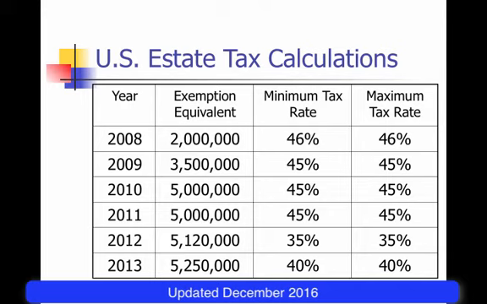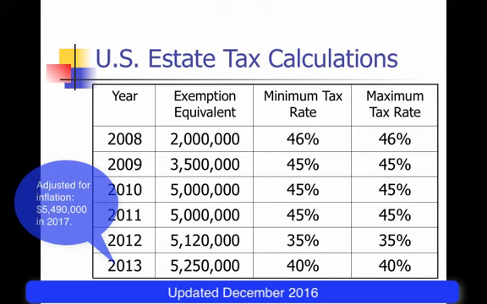That means, for the first time in a long time, we can think of the federal estate tax rules as permanent. You can see in 2008 the estate tax exemption was $2 million, and the tax rate was 46%. And then the exemption went up to $3.5 million. In 2012, the estate tax exemption was $5,120,000. In 2013, it was scheduled to come back at a very low $1 million exemption, but Congress acted early